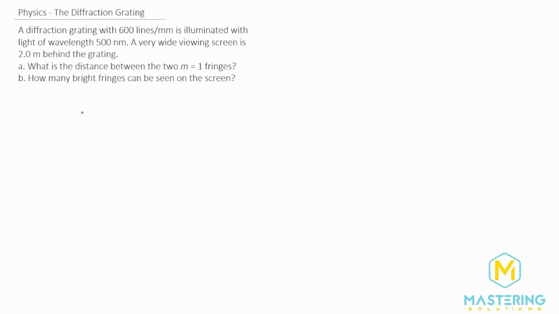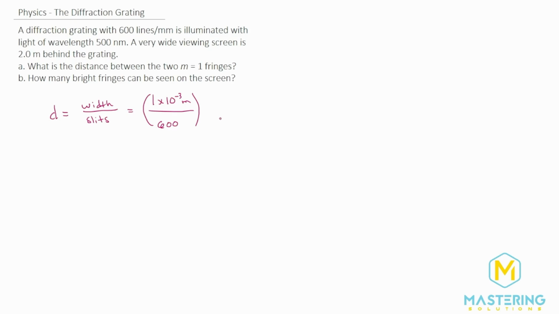For this question, let's write down what we're given. They give us a diffraction grating with 600 lines per millimeter, so let's figure out what d is. That's always going to be the width over the slits or lines, same thing. They tell us it's per millimeter, so 1 millimeter is 1 times 10 to the negative 3 meters, divided by 600 lines or 600 slits. I'm going to leave it like this because we can just plug that into the calculator without having to worry about rounding.